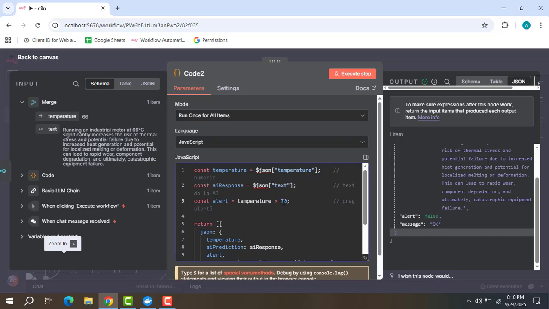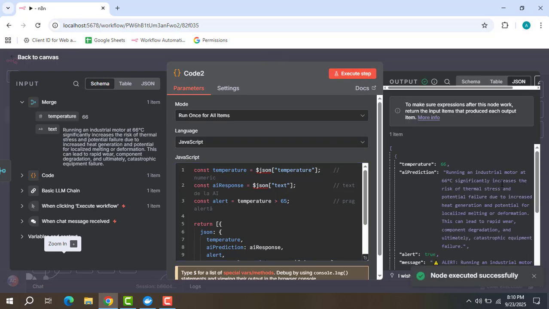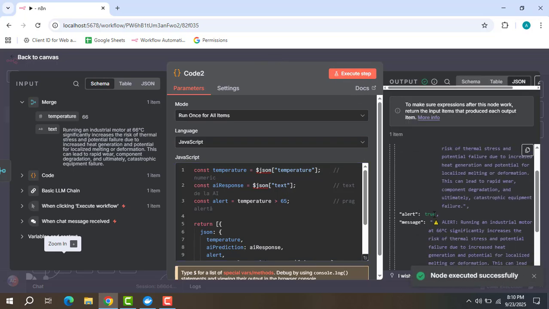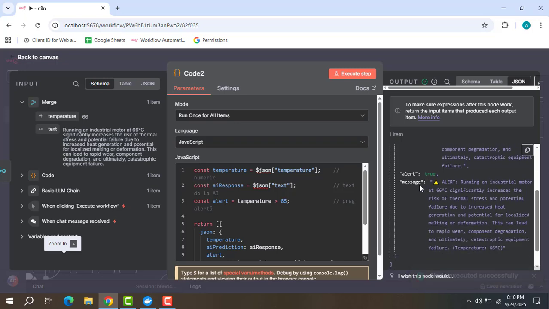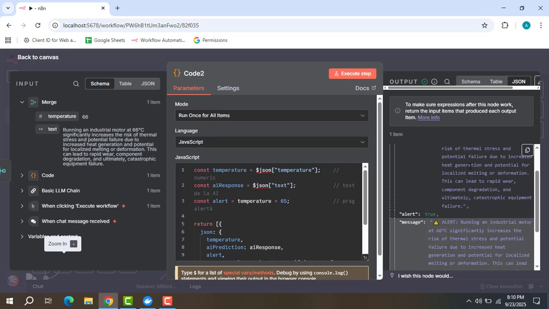Let's put here 60, 65 to see the message. Now we have the alert that is true, and the message alert: running an industrial motor simply increases the risk. Okay, let's